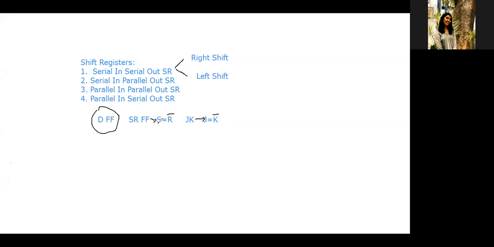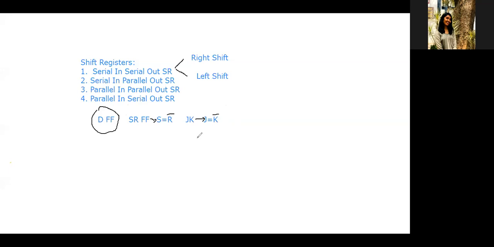Then the SR flip-flop is converted into a D flip-flop and you can use it as a shift register. In the same way, if a JK flip-flop is available, connect J equal to K bar and you can use the JK flip-flop as a D flip-flop. So you can use an SR flip-flop, JK flip-flop or D flip-flop as the shift register, with the corresponding circuit.